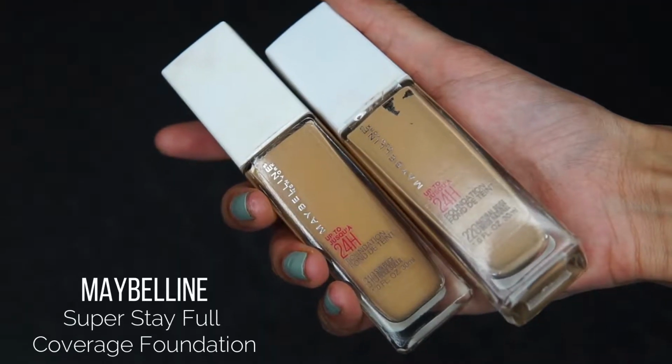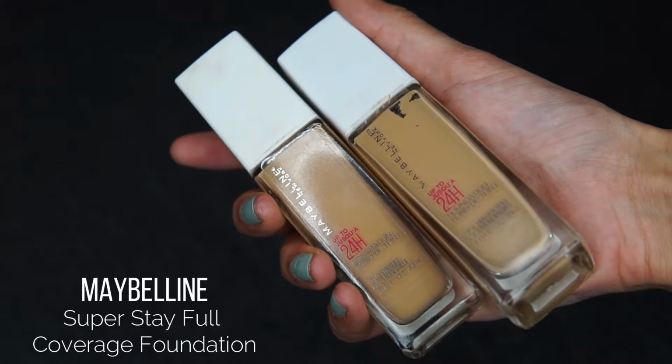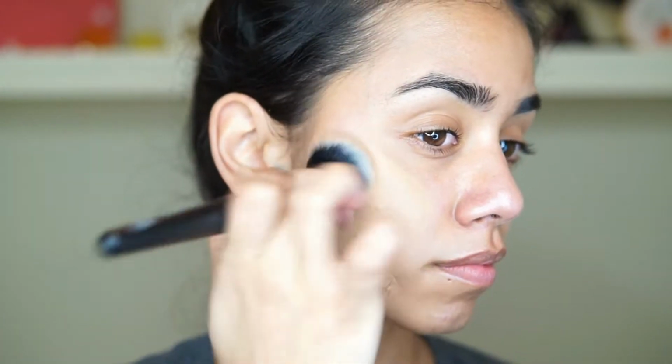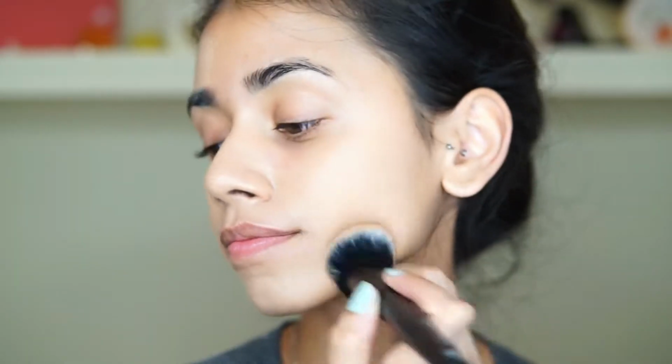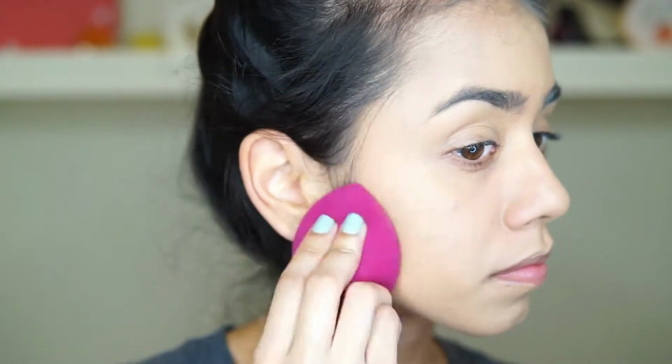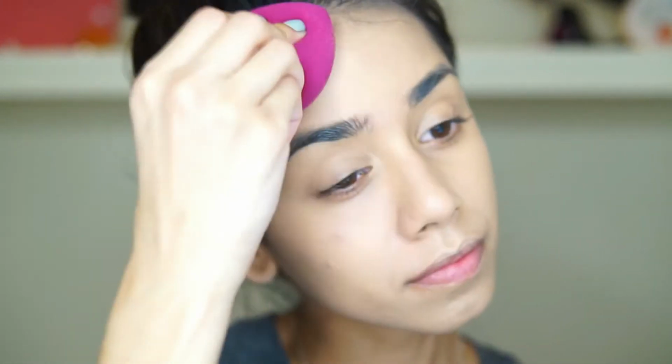And then for foundation, I'm still using the Maybelline Superstay Full Coverage Foundation. I have to use 2 of them because I couldn't find one that matched me perfectly. I apply it with a brush first, which is totally different for me. I always use a beauty blender, which I still went back to. But I've actually really liked applying my makeup recently with a brush, especially foundation and